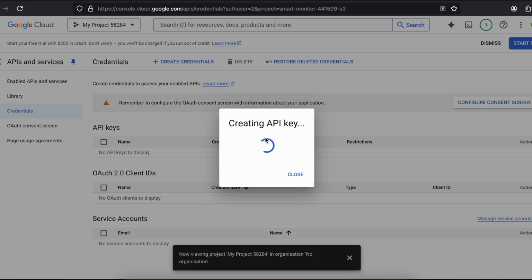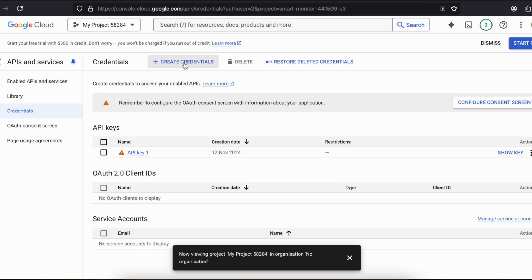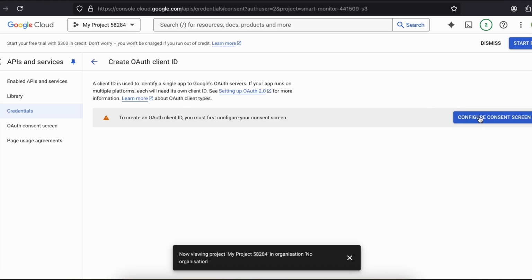We are not really using this API key, but I like to create it anyway. So let it create the API key. So it has created it. I'll close it. Then I'll click on create credentials, OAuth client ID, click on configure consent screen,